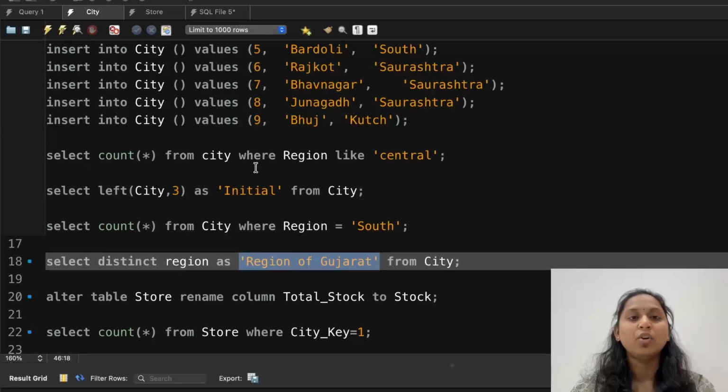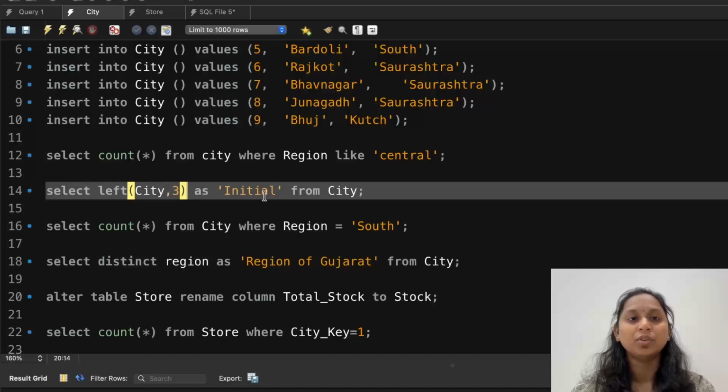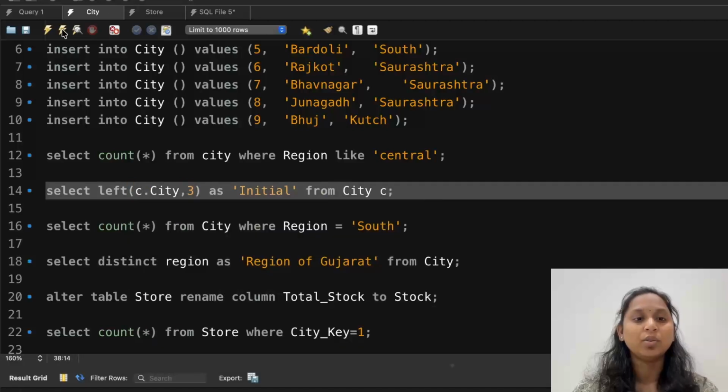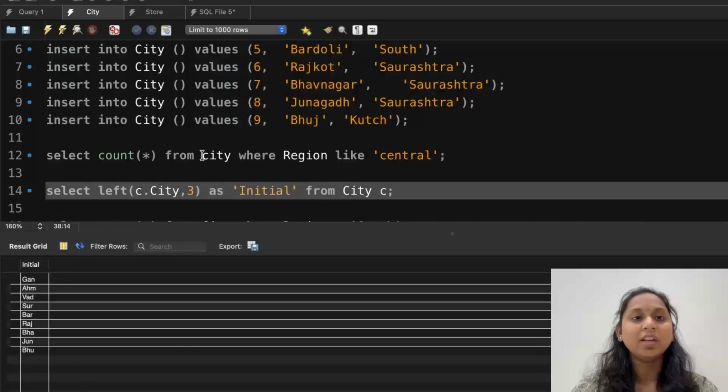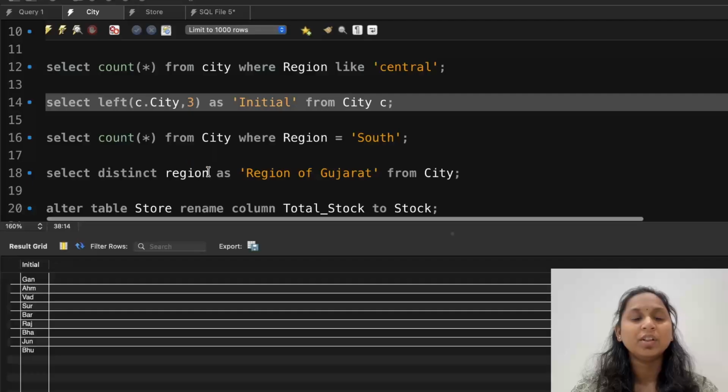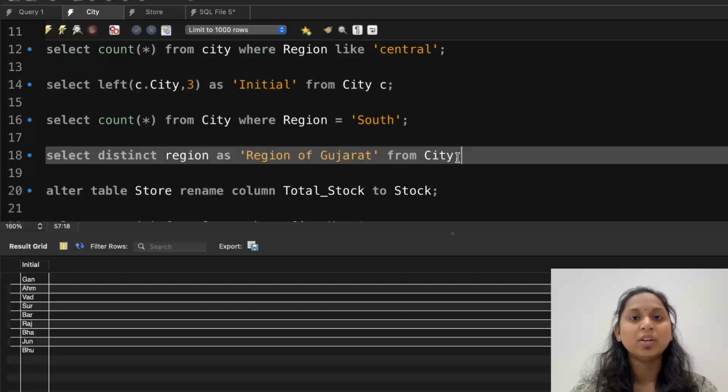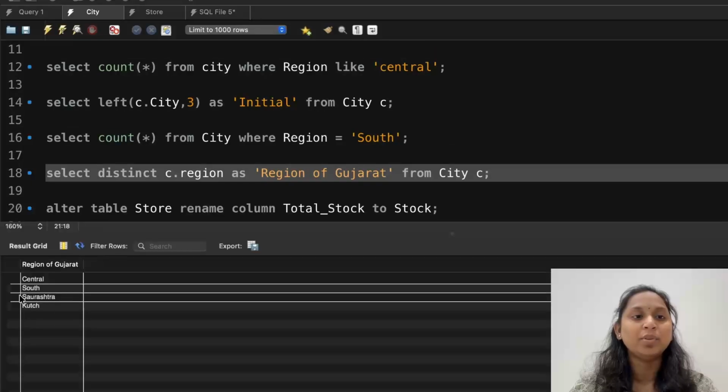Consider this is your normal query, where you want to find only the first prefix of yours. So here what you can do is use C as an alias, and here I use C dot city. Okay, and if I run this query, it will execute. Fine, you can see, yes or no. Same way I can use the prefix on region. Yes, you can also provide a prefix over here. Let me show you: C, and here C dot region. It will not affect your result, but it is a good practice to provide a prefix. Okay, so this many distinct regions we have in our Gujarat state.